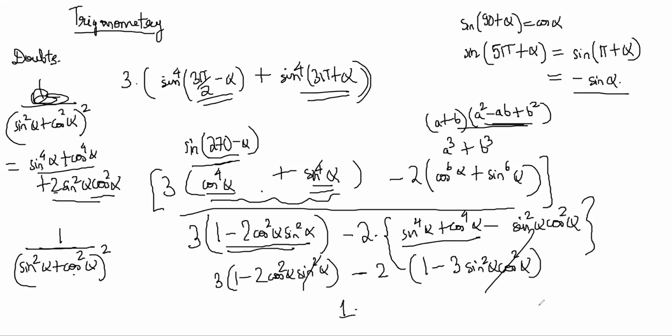So basically, it's about writing these correctly. Till here, you have to get correctly. After that, it's about simple simplification and noticing that sin square alpha you should take as x and cos square alpha you should take as y, and write it in terms of those things, right? You know that x plus y is equal to 1,